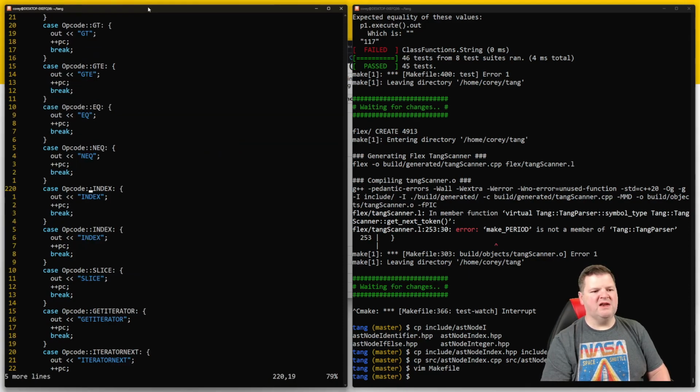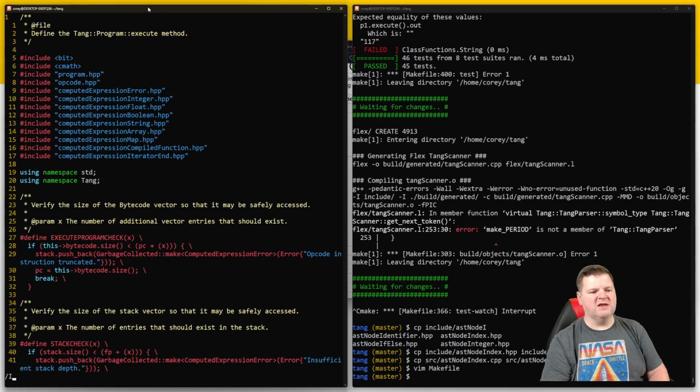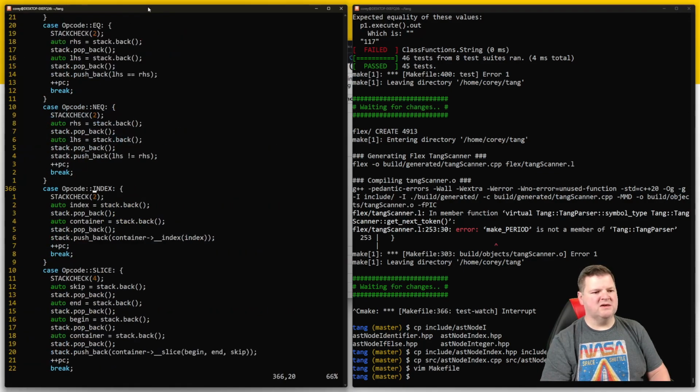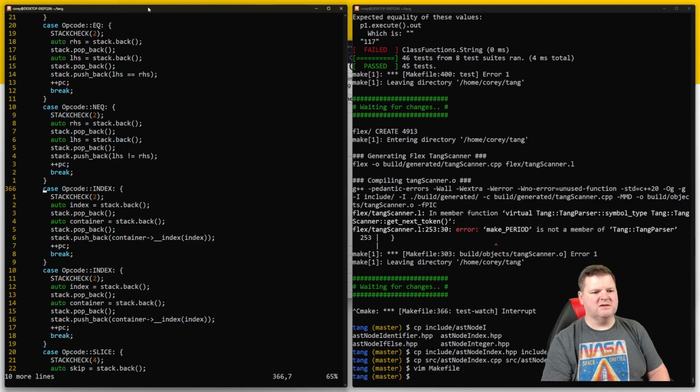And instead of index, we will have period. Period. Okay. And now we're going to edit the source for program execute. And again, index, index, except now it is